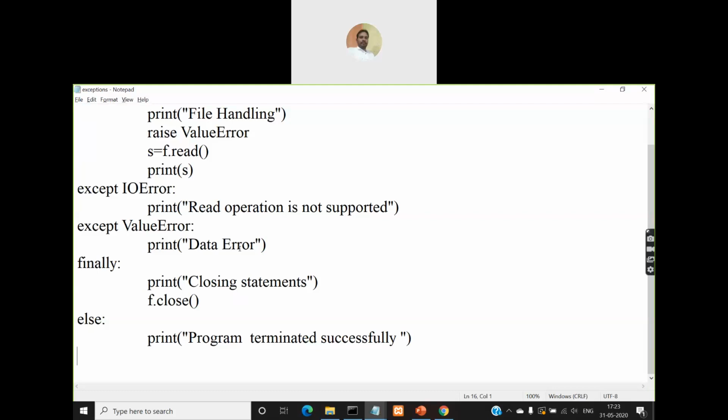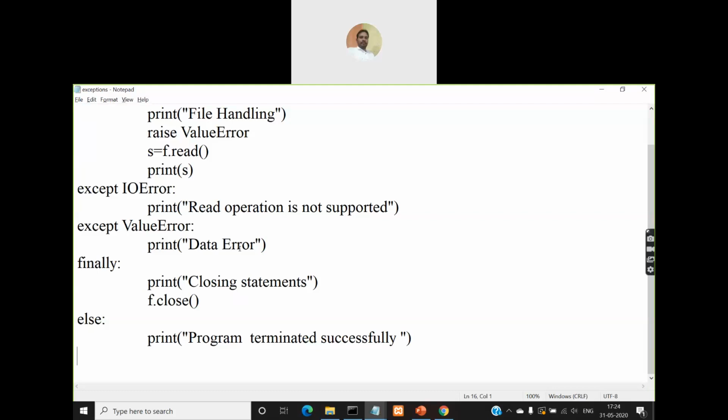And if an else block is also used along with try and except blocks, that else block must come after the last except block, or if there is only one except block, then after that except block. And when you have both finally and else blocks, else must come first and after that finally must come.